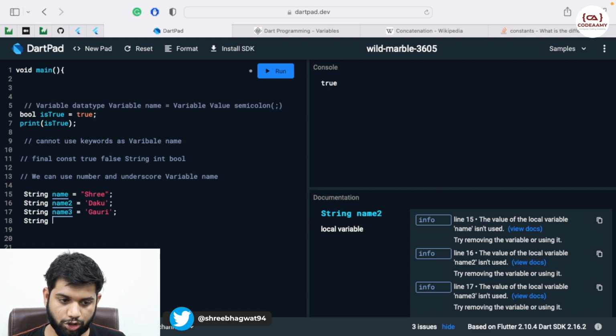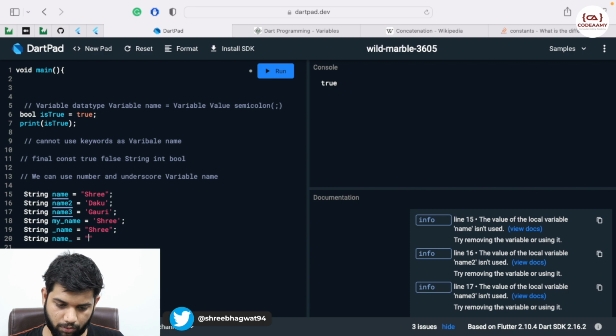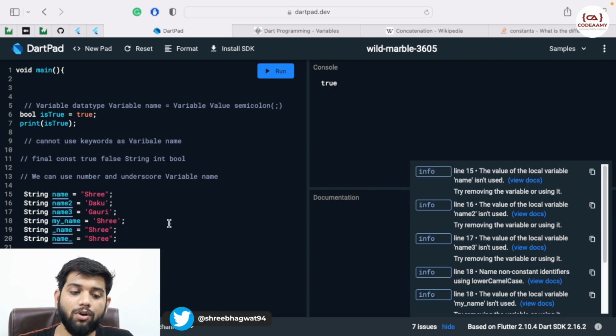Example, string my_name is equal to Shri, or string name_ is equal to Shri. This is how we can also add a number or underscore to variables.